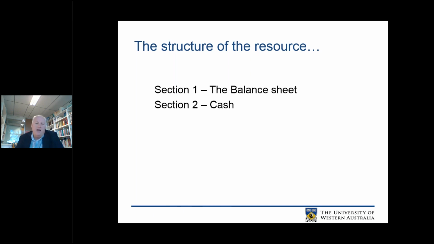Section 2 talks about cash, and as I already indicated, cash, of course, is absolutely critical to sustainability in any organisation in a modern market economy such as that of Australia. Not-for-profits are no different, and so being able to deal with cash does take out of the balance sheet a fairly significant section and focus on that section, but at the end of the day, it is an absolutely critical aspect of the operation of any organisation to maintain sustainability.